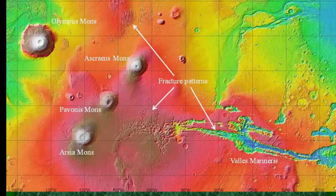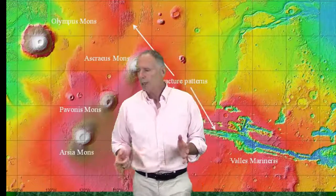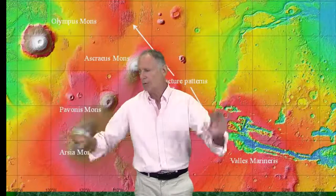And oh my gosh, look at this. We've got fracturing, just the kind of fracturing we'd expect from an uplift in the central part of the region. Fractures to the north, you can see they're parallel fractures. Fractures in the center, look at all those fractures next to Valles Marineris. And then Valles Marineris, my God, it's a huge rift zone where the crust of Mars has literally been torn open. So big time rifting. I read somewhere, and don't hold me to this, but I think it's about 8 times bigger than the Grand Canyon. It's just a huge, massive